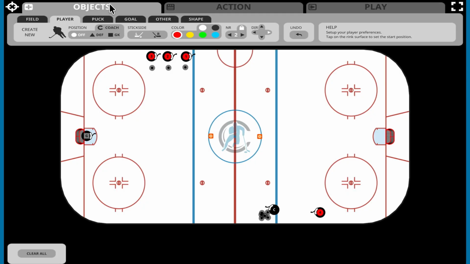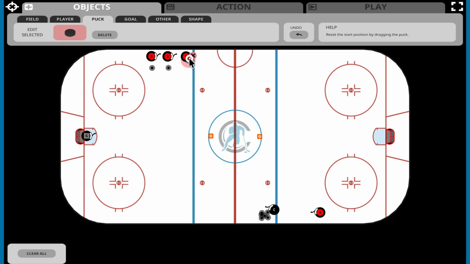more advanced drill sequences. We'll start with 3 players lined up along the boards, each with a puck placed to their right. We also have a coach positioned in the middle to receive and return passes, with player 4 ready for the final part of the drill. Move each puck onto the player's stick so all 3 players are ready to begin.